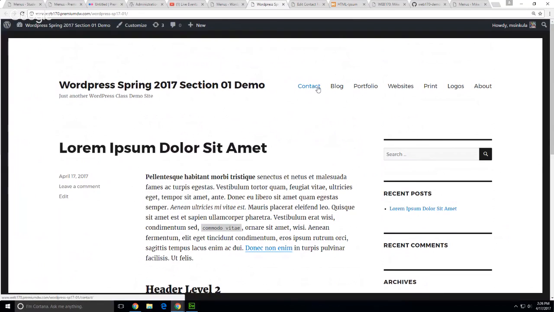But I don't want it to look like that. Why is About all the way over there? Why isn't Logos, Print, and Websites underneath Portfolio? Why isn't Contact over there? Okay, so just like I use the order system to say within the list pages function how I want things to be ordered,